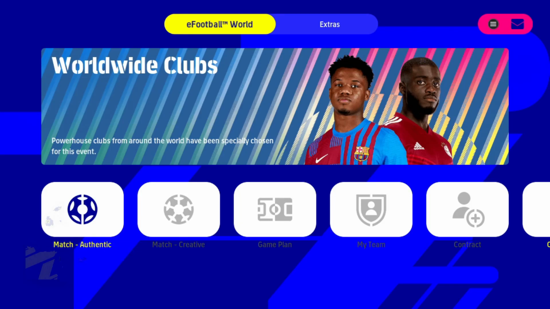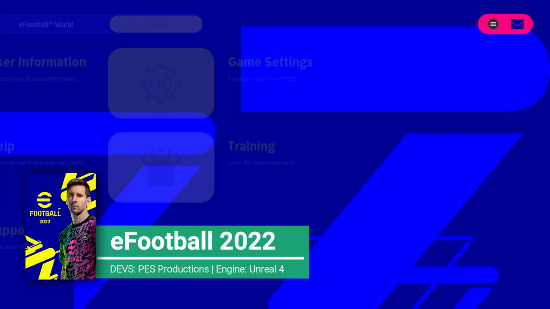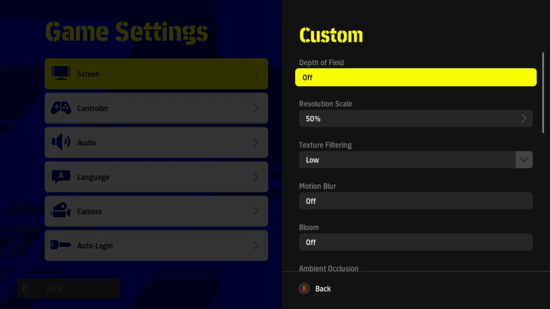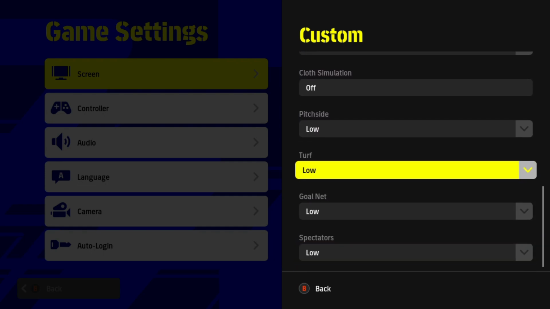I'm for Classic, and for today what I have here is eFootball 2022, a game developed by PES Productions, and it is using Unreal Engine 4 this time around. So for the settings, I don't bring you good news, I'm just using the lowest settings possible. What I have done here is select the low presets and use 50% of resolution scaling